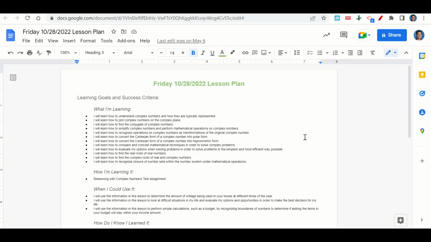We're learning how to understand complex numbers and how they are typically represented, how to plot complex numbers on the complex plane, how to find the conjugate of complex numbers, how to simplify complex numbers and perform mathematical operations on complex numbers, how to recognize operations on complex numbers as transformations of the original complex number, how to convert Cartesian form of a complex number into polar form, how to convert the Cartesian form of a complex number into trigonometric